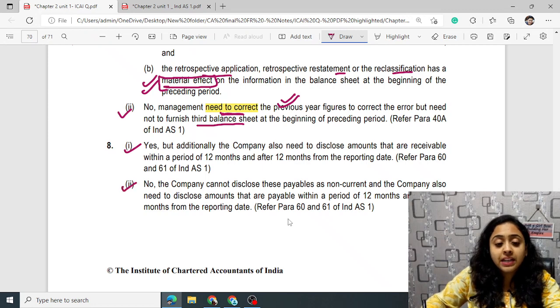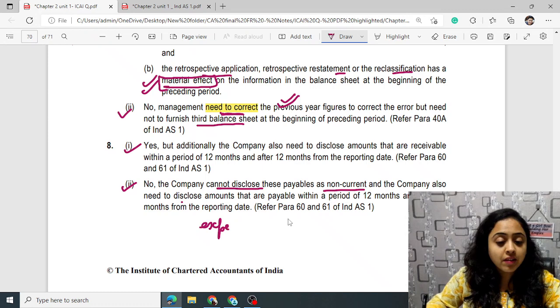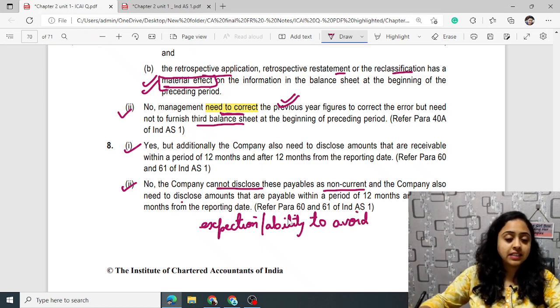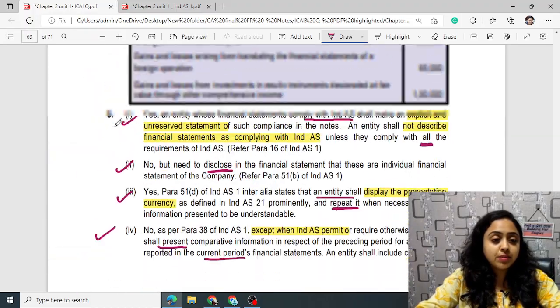No, the company cannot disclose these payables as non-current, and the company also needs to disclose the amounts that are payable within 12 months and after 12 months from the reporting date. Whenever there is an expectation, or you can say ability, to avoid payment, then this will not be considered as a current asset or current liability. Okay, page number